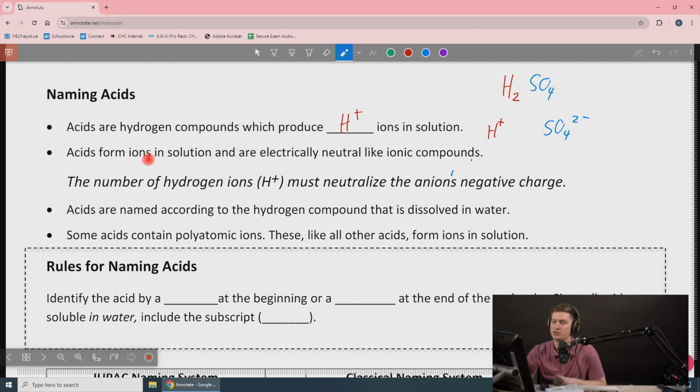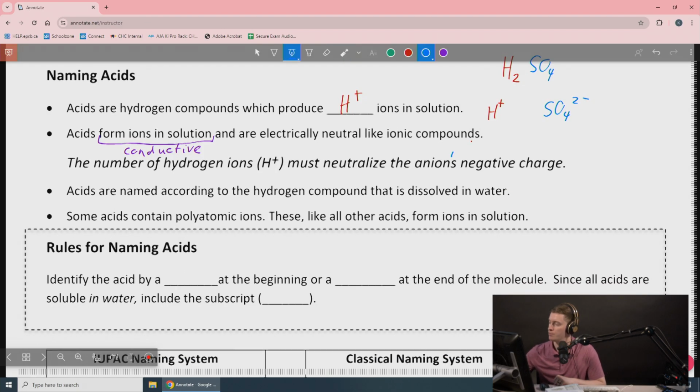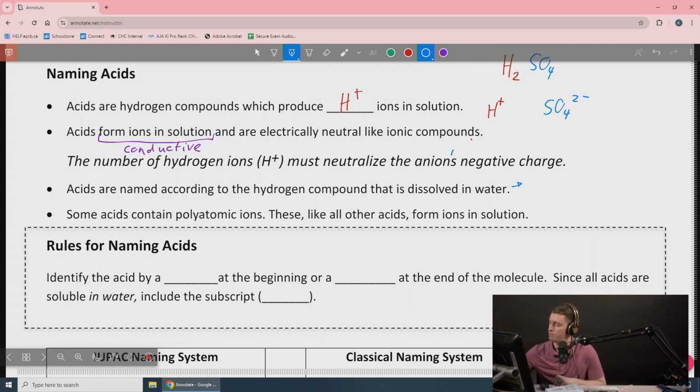Because they form ions in solution, they're also conductive. So I'm going to write that underneath here. They also form ions in solution, which means they're going to be conductive. They will allow electricity to pass through the solution. Acids are named according to the hydrogen compound that is dissolved in water. Specifically, they're going to be named based on the anion. So I'm actually going to put that note here. It is going to be based